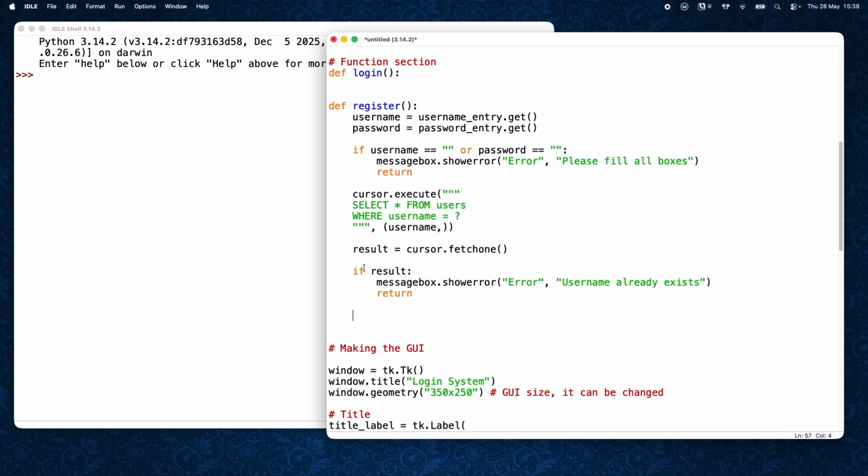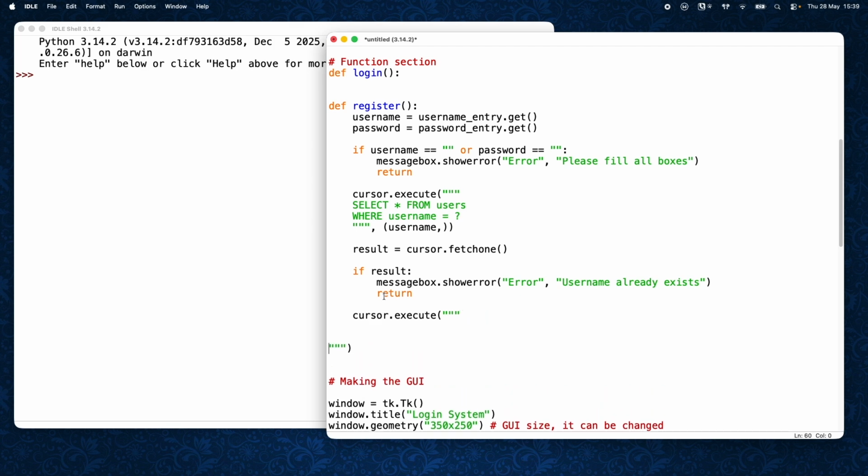Now, if they're not in the system, then we want to insert them into the system, right? We want to add them. So remember, this is a new user. We're registering a new user. So to add the new user, we could do a cursor.execute, and we're going to execute another SQL command. And again, I should have just copied and pasted, but it doesn't matter. 1, 2, 3. Oops, I did one too many. Right, there we go. So this time we're going to execute another SQL command, and we're going to say insert